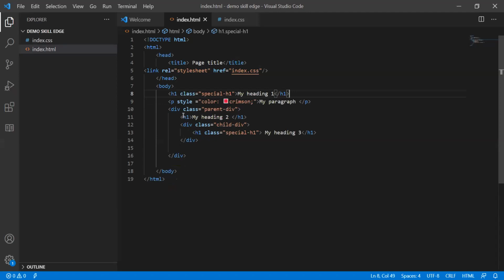Are you clear here? Until this, we have created one parent div and a child div. Is it clear until here? I'll just show you the output once again.